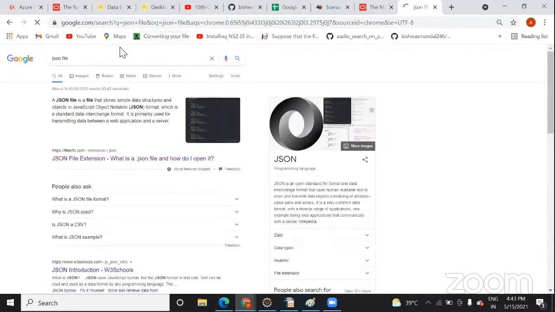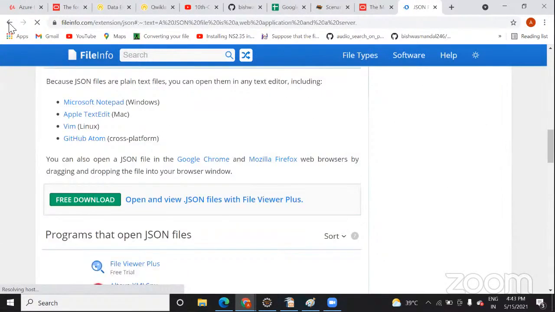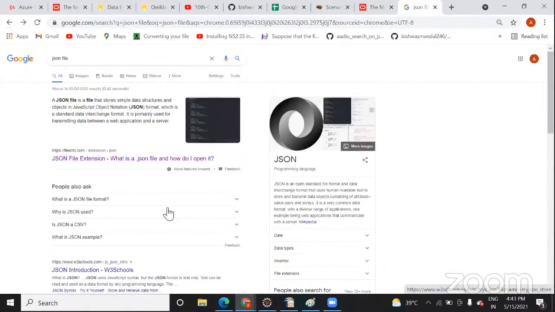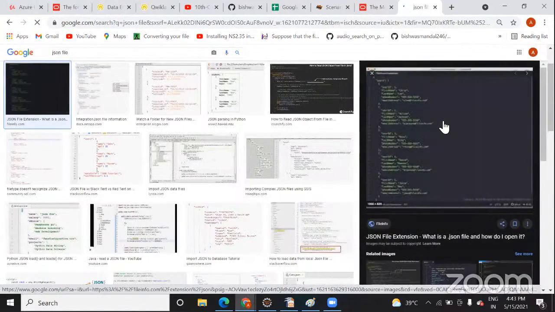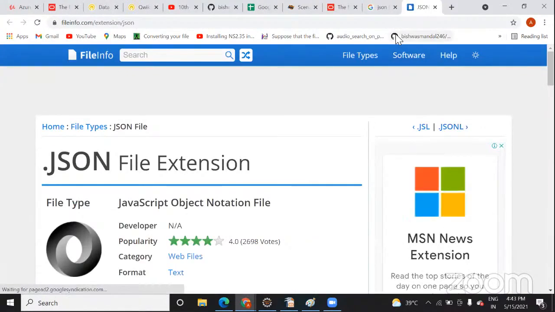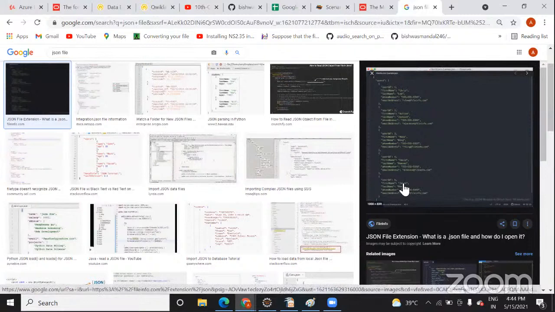So in this way, and the JSON file, you might not be aware of it, but let me show you. The JSON file format is a file that is used by Java to save data, or to accept data. It is not a programming language, it is a way of saving the data, but it is written on Google that it is a programming language. JSON is a kind of scripting to save data, and with the help of Java code, you can access this data.